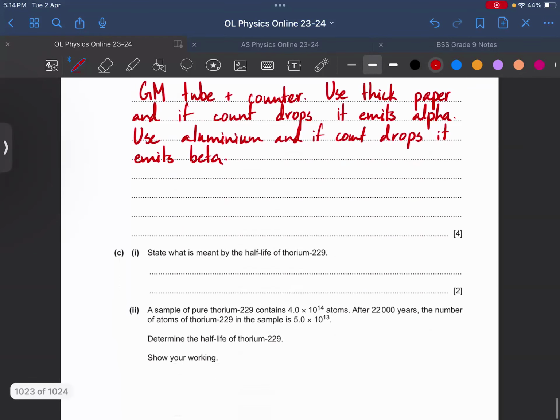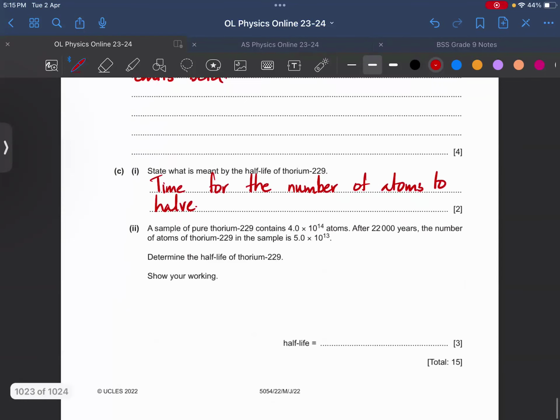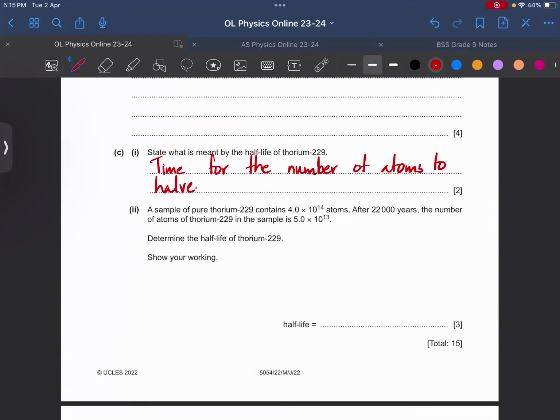State what is meant by the half-life of thorium. So I will say time for the number of atoms, या आप न्यूक्लियर भी कह सकते हैं, to half. ऑलराइट, ये अब एक हाफ लाइफ का सवाल आ गया। ऑल्सो आई जस्ट रिमेम्बर्ड फॉर हाफ लाइफ आई विल बी अपलोडिंग अ वीडियो, क्योंकि रेडियो एक्टिविटी में सिर्फ हाफ लाइफ ही थोड़ा ट्रिकी है, उसमें सारे टाइप्स ऑफ हाफ लाइफ